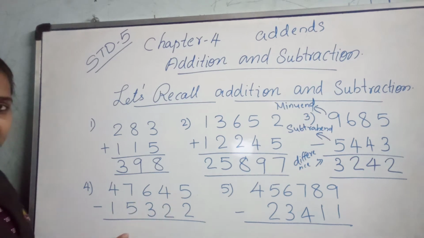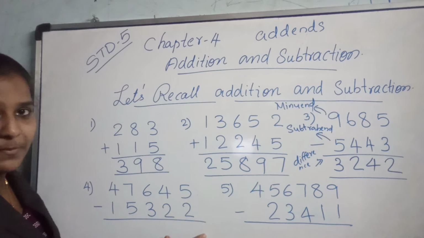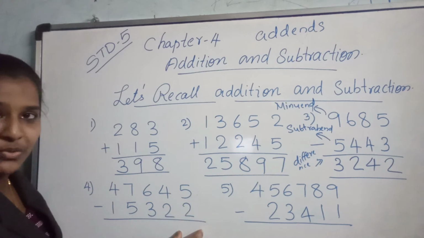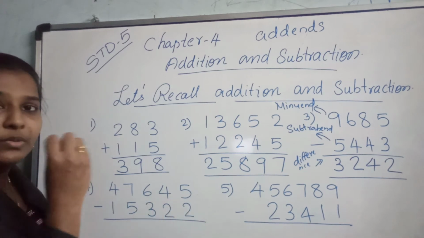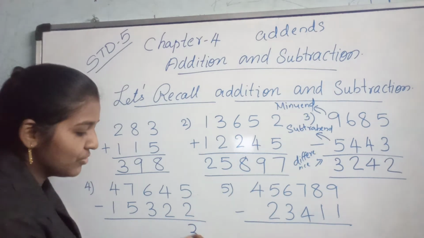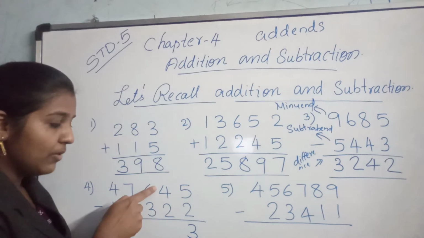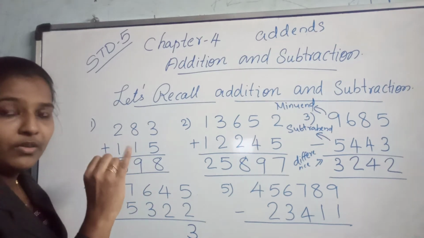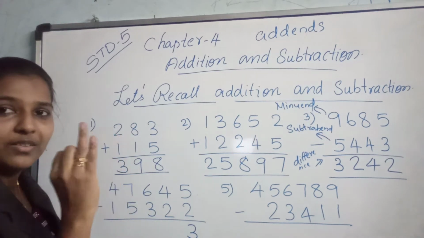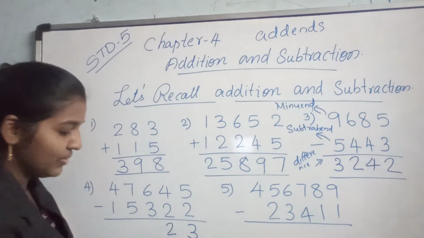It's a 5-digit number subtraction. So let's start from the ones place. 5 minus 2. Okay, so 2, 3, 4, 5. How many fingers? 3 fingers. So 5 minus 2 is 3. So 4 minus 2. Start from 2, count up to 4. 2, 3, 4. Or how many fingers open? 2 fingers. So 2 is the answer.